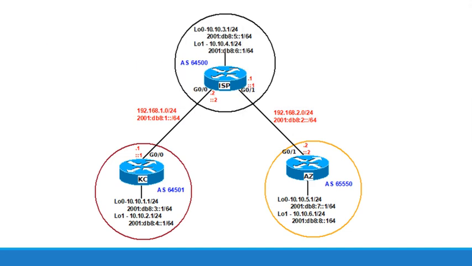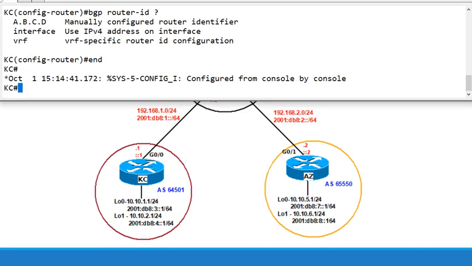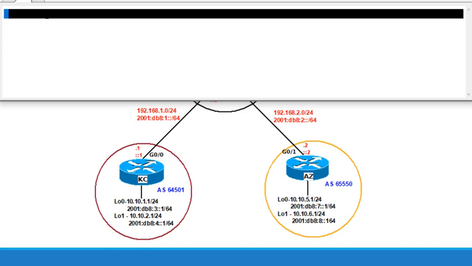So if we look at it again real quick, we have two neighbors now. We're going to have KC as a neighbor, so we'll have to do the 192.168.1.1 and the 2001:DB8:1::1, and then we'll do 192.168.2.2 and 2001:DB8:2::2 for Arizona down here, AZ. All right, so move this back over so you can see what we're doing. And ISP,